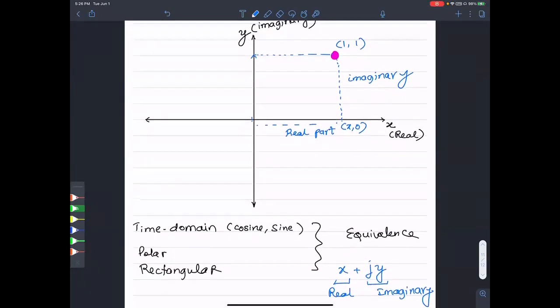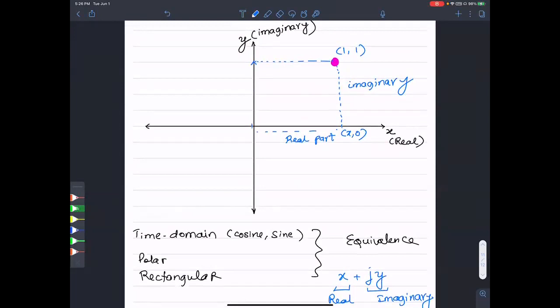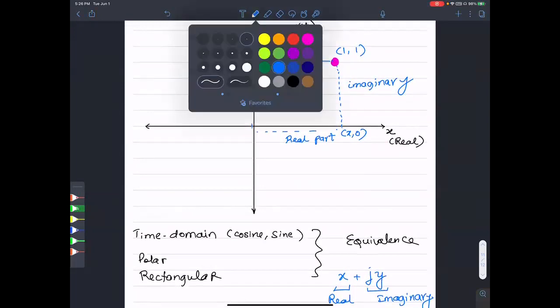Now, the exact same information you could also convey to her